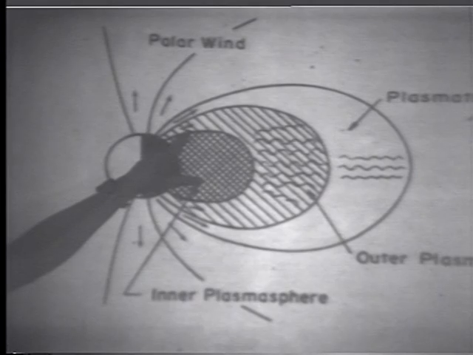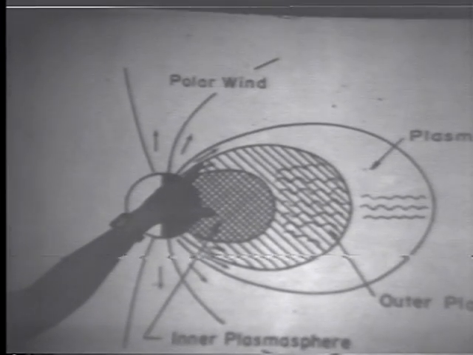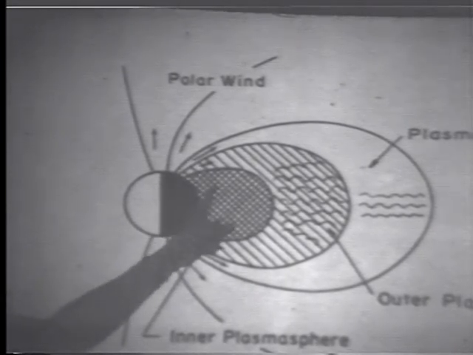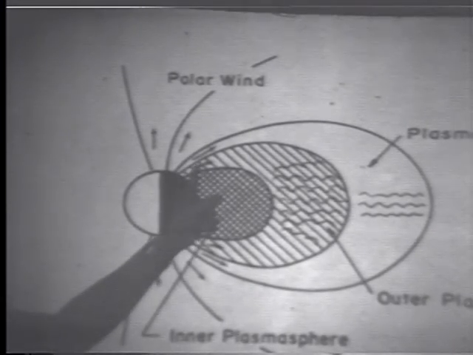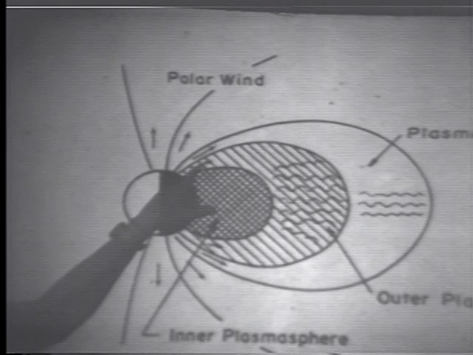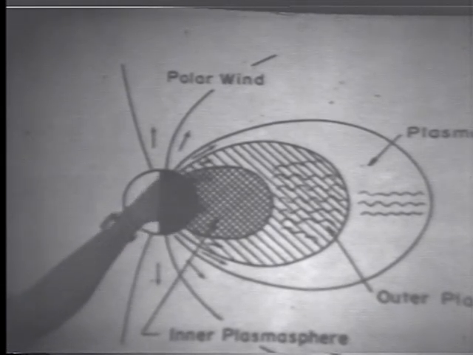There's oftentimes a very drastic increase in the thermal plasma temperature as you go out this way again, right at the edge, right inside the edge, I suspect, of the plasmapause. Yes. And perhaps extending, we don't really know that boundary that well to tell you exactly where it is,